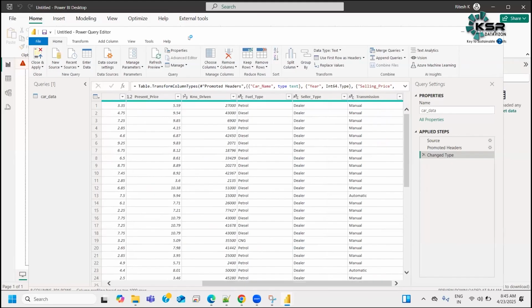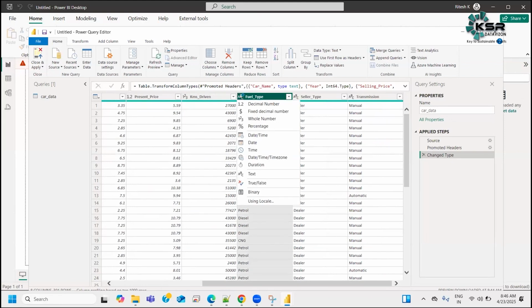Now, there can be some decimal data. There can be purely numeric data without decimals. There can be string data. String is what? ABC, right? Your character. Now, if you see, towards the right in the Power Query editor, there is this option called